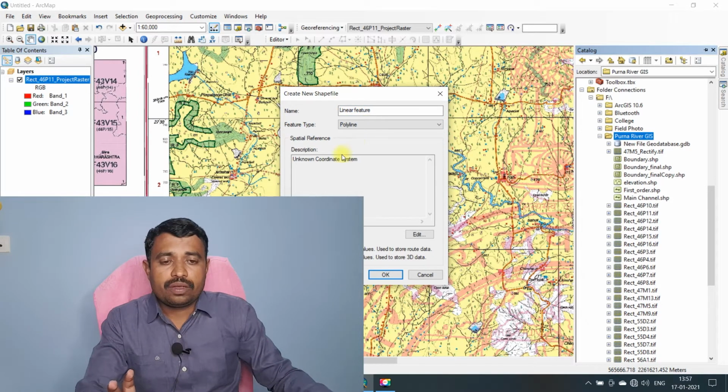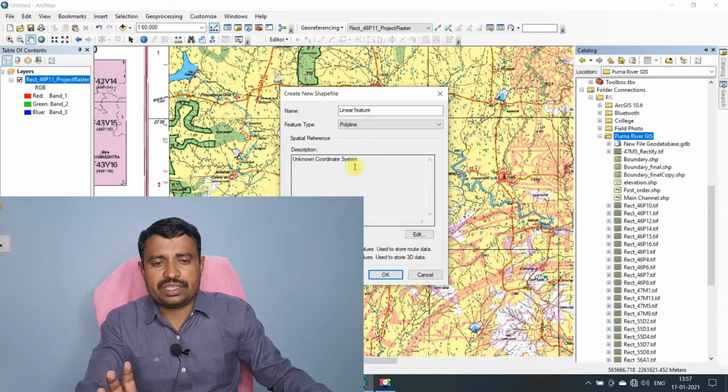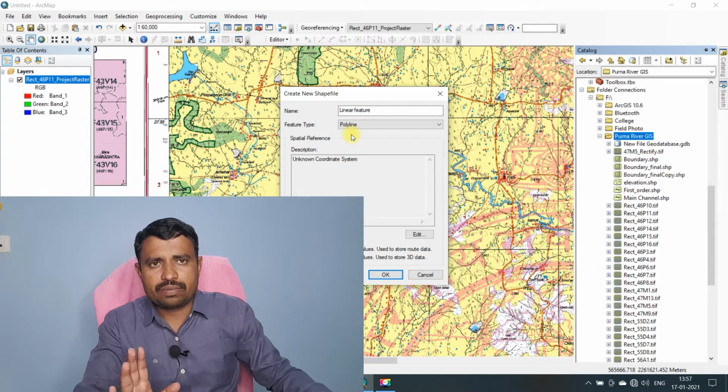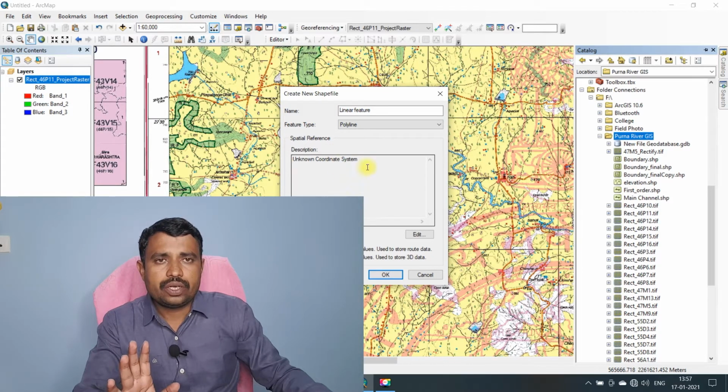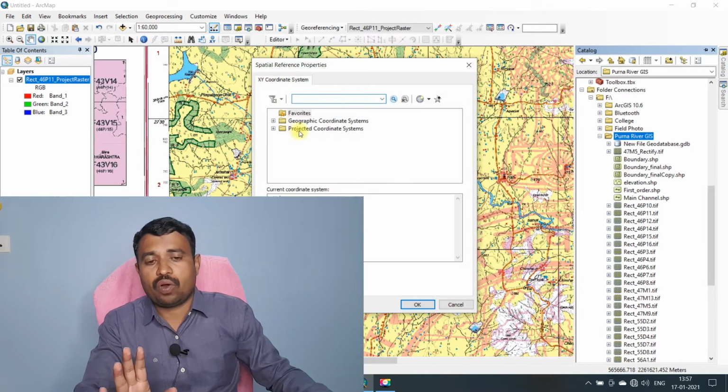So here we have to select polyline, and here the spatial reference is not given, that is, the unknown coordinate system. It means that for this shapefile, whatever new shapefile we are creating, we have to assign some coordinate system.